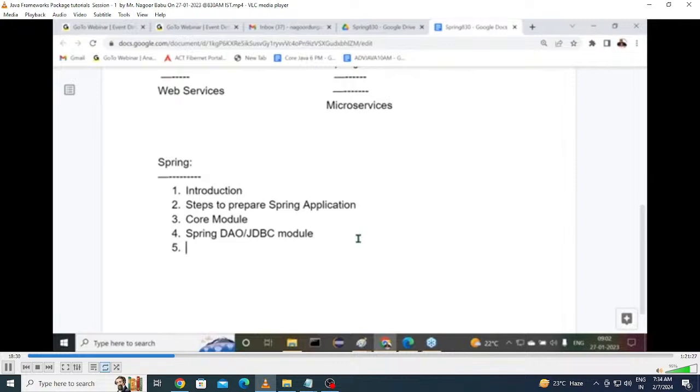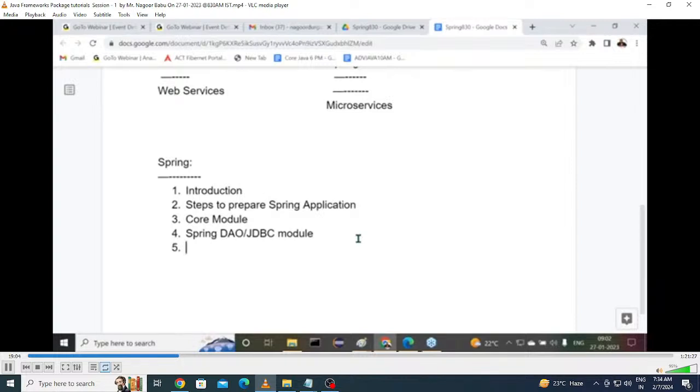Right, sir. Now, these many steps we have to write. So this is somewhat like boilerplate code. In every JDBC program, the same steps we have to repeat, so we can say it is duplicate code every time. But if you use the Spring JDBC module, there is no need to write all these things, directly only one step: write and execute SQL queries. Only one method where we can write that SQL query, finish. That query is going to be executed.